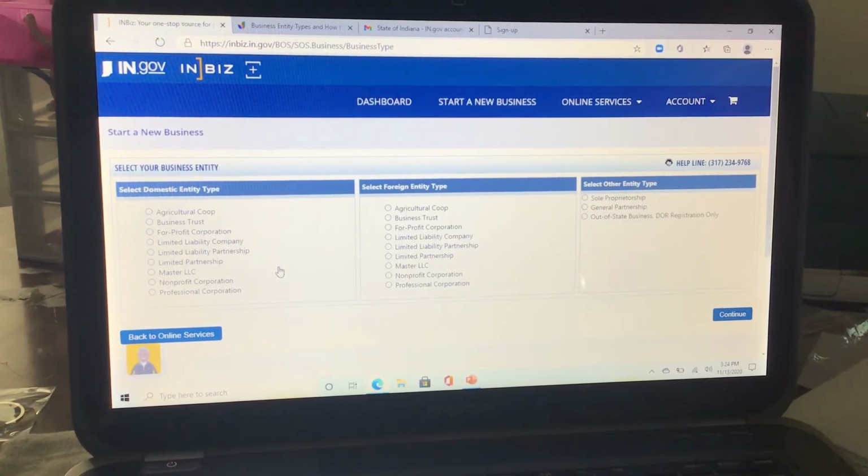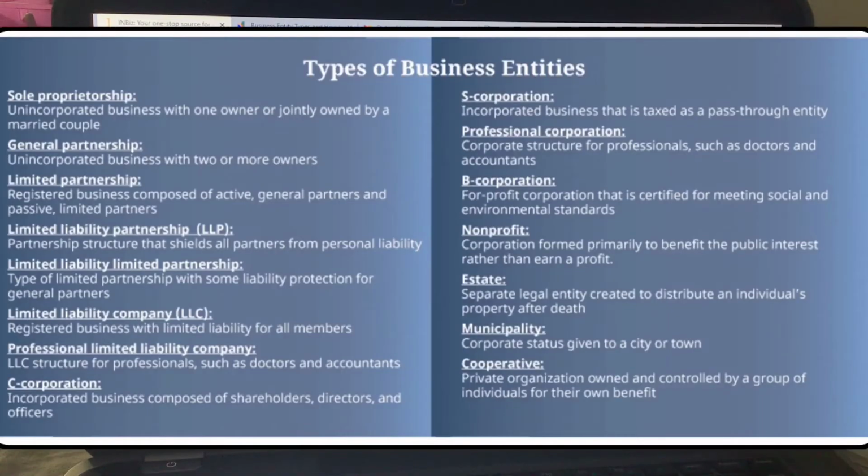Before you're ready to start filing anything online, one of the things that you need to do is figure out what sort of entity you want to run your business as. That's if you want to have an LLC, a sole proprietorship, a corporation or a nonprofit. You decide which one you want to do, and then this is where you would pick that. I would do research to make sure that the type of entity that you choose goes best with the business that you're trying to start and run, and fits you and your company and your group the best. Okay, so for this one,